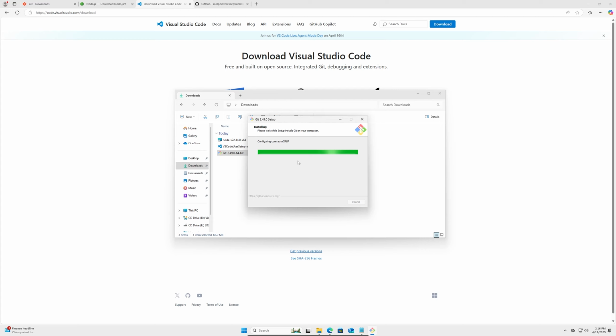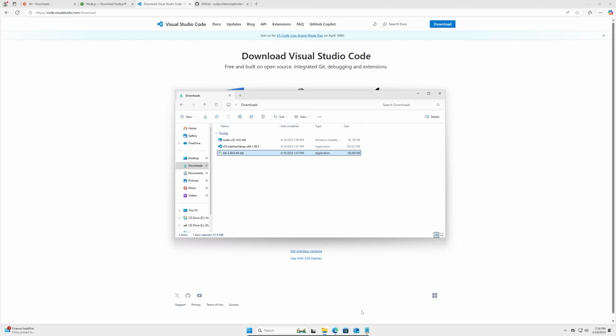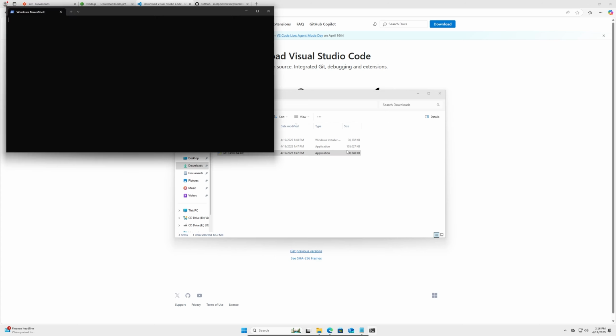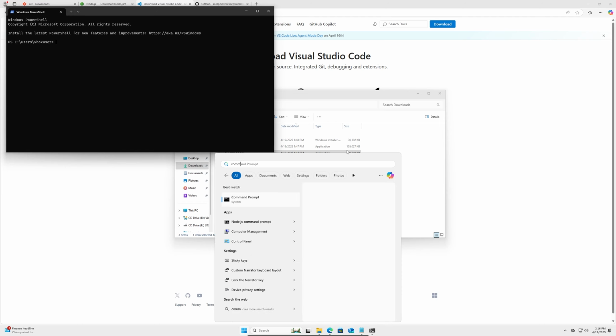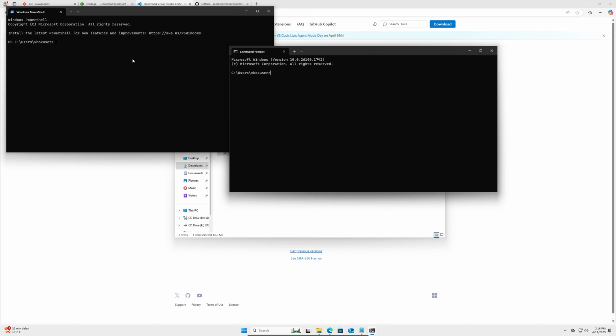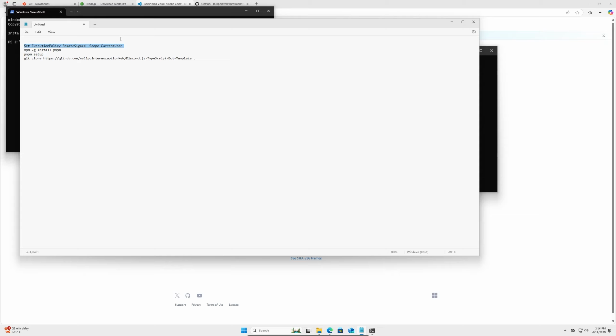All right. Now we want to run a few scripts to ensure everything works. Let's just not view the release notes. So let's open up PowerShell. There are actually two different places you can execute commands in Windows. One of them is command prompt and one of them is PowerShell. There is not a significant difference for which one we use, but if you want to use PowerShell,